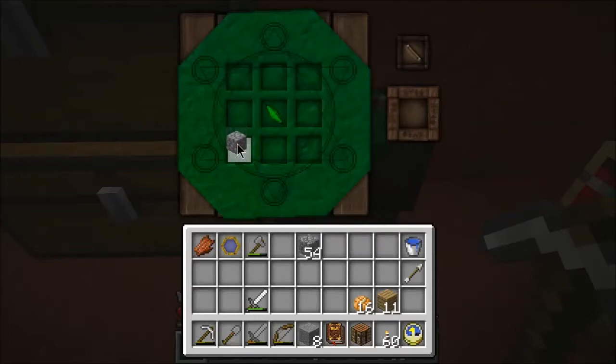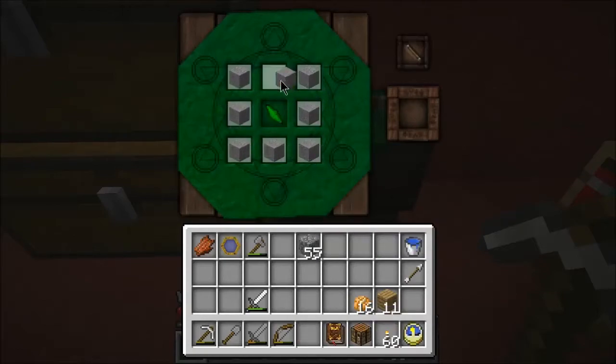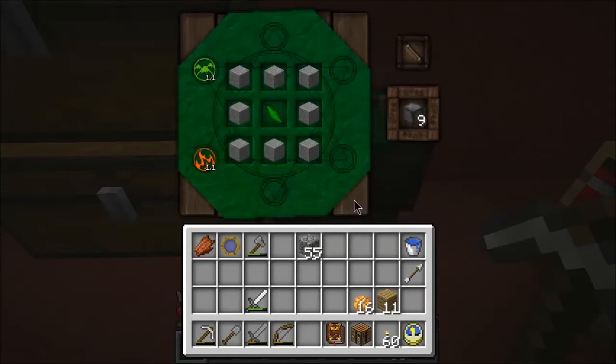So if you do the Minecraft thing, they added the thing where if you shift double click, you can take items out of an inventory really quick, but that doesn't look like it's working with this. Okay. So